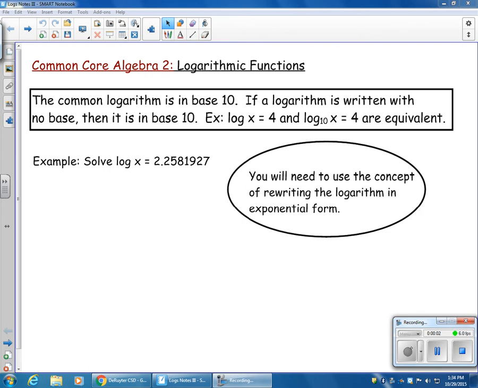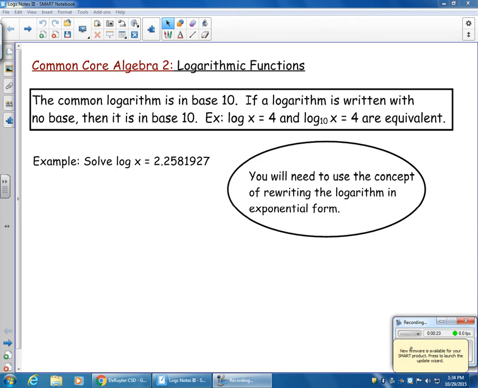So we're going to talk about the common logarithm, which is in base 10. We talked the other day about how our calculator is in base 10 only. We'll get to where we can use the calculator with different bases eventually. So what we're going to talk about is how we use the common logarithm and then another logarithm, the natural